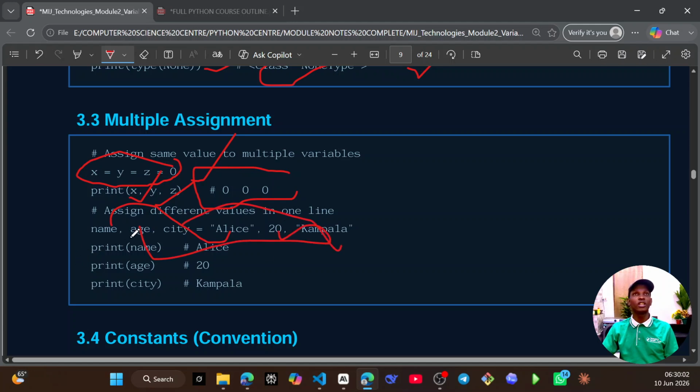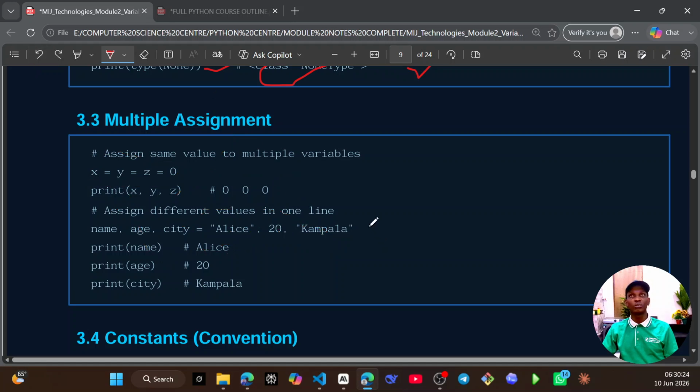So when we print the name, it will take the first one, which is Alice, and then assign different values in one line. So if you want to assign the name, we shall also match the name here. You cannot have name, age, city here, and then you have two things here. Let's try to put this into our IDE, because I have people here who want